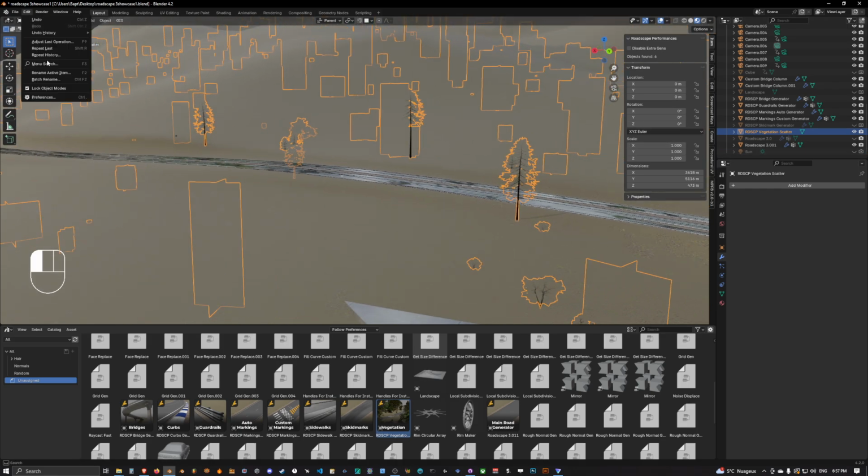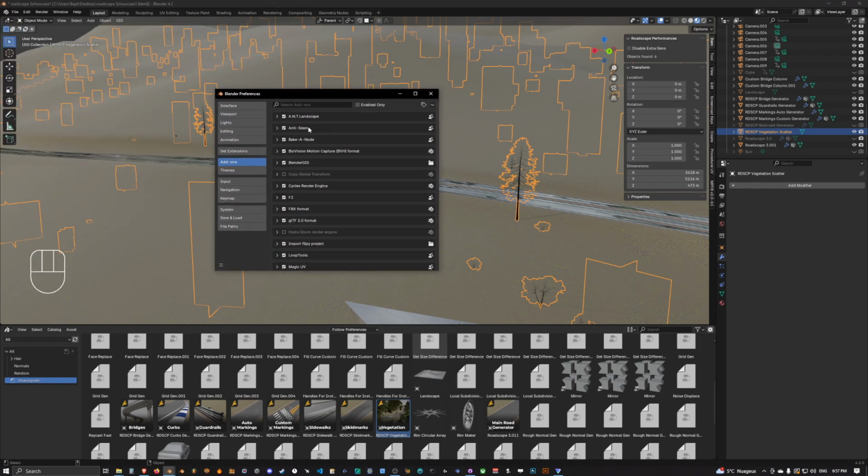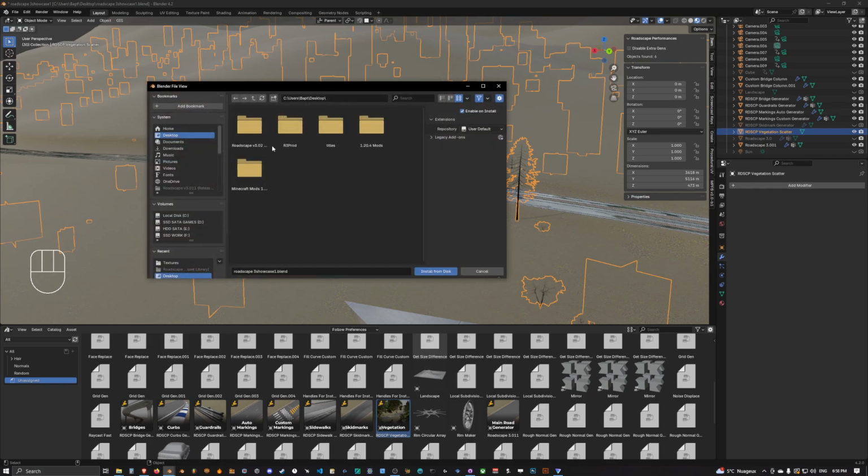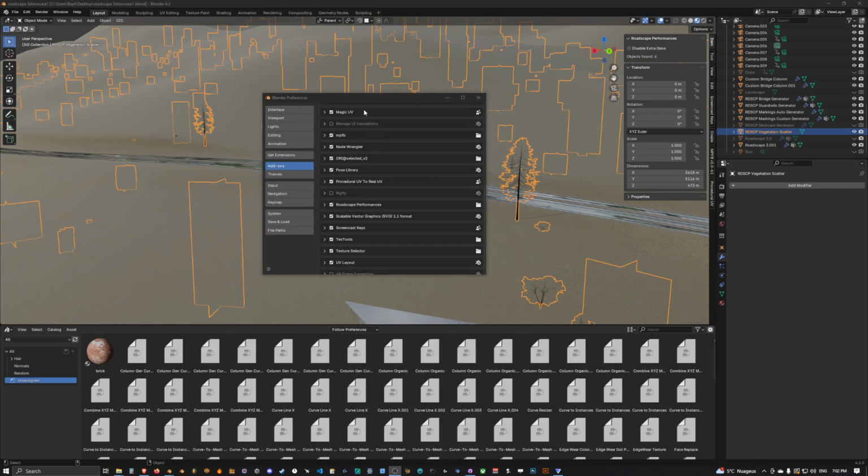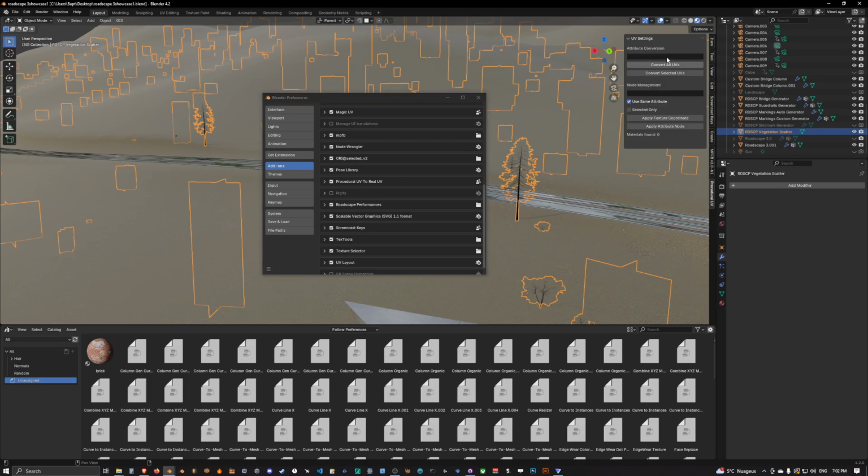So the next step we want to do, we want to install the procedural UVs to real UVs add-on. So you go install from disk, and you go search for the folder where you've downloaded the Roadscape 3.011 package from Blender Market. And then you go into the Roadscape folder, add-ons. You want to select the procedural UV to real UVs zip, and say install from disk. Okay, now that we have installed procedural UVs to real UVs, you can see that you have the new add-on